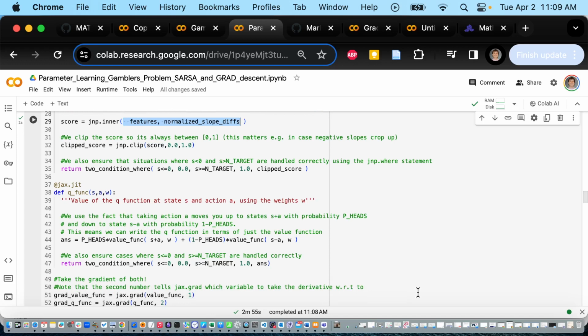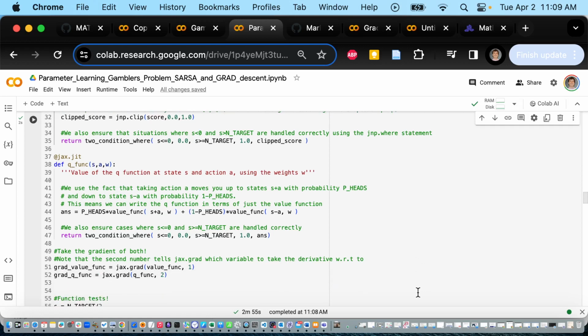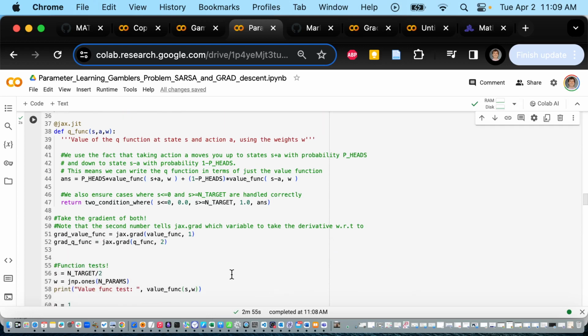And the nice thing is, once you know the value function, the Q function, this is just like you guys did on lab 3, it is some combination of the value function with the probability you win and 1 minus the probability you win. So the Q function is written in terms of the value function using what we know. And then this is really where the magic happens, is this single line, where the computer automatically computes the gradient. So no matter how complicated your function is, the computer knows how to do the gradient,